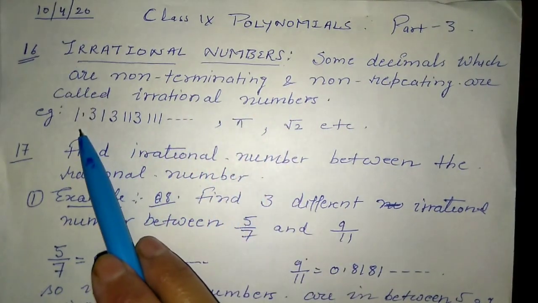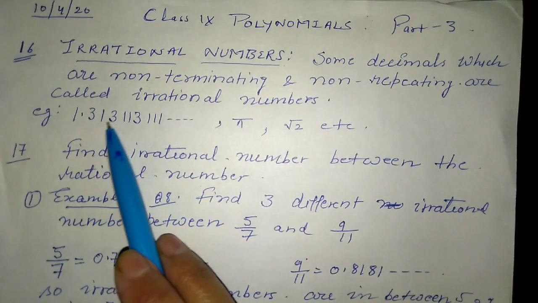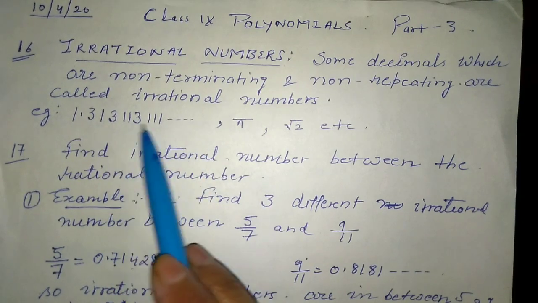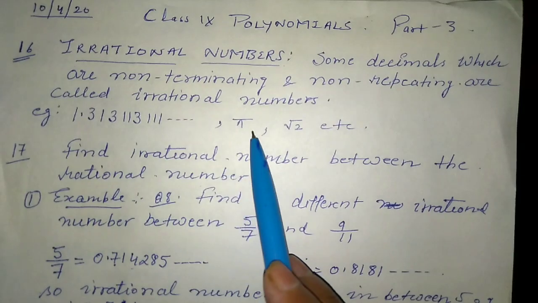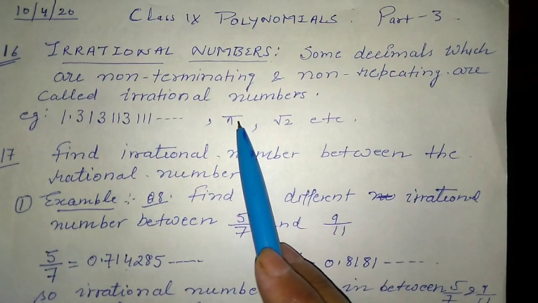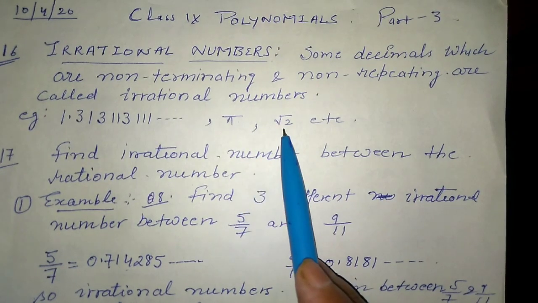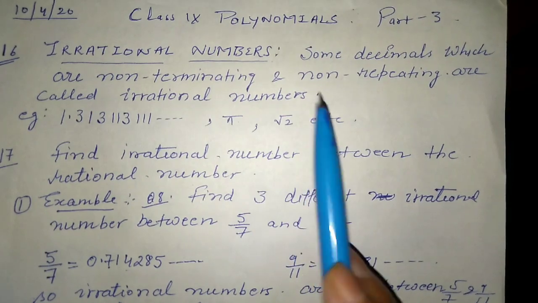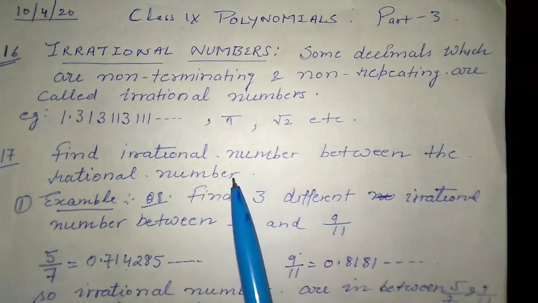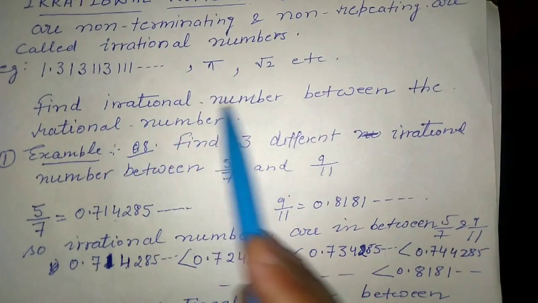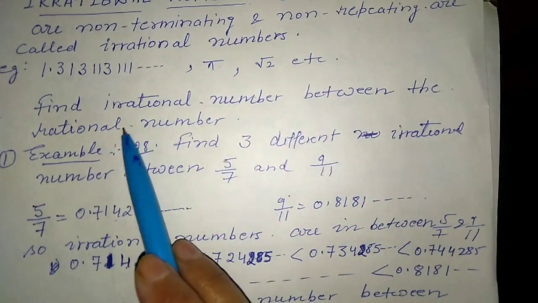Just like we can see in the example 1.31, 311, 311 and so on. This is non-terminating and also non-repeating. Similarly, pi we are using as 22 upon 7 or 3.14, but it is a non-terminating value. Root 2, 1.414 we are using, but this is also a non-terminating value. Okay, now see, find irrational numbers between the rational